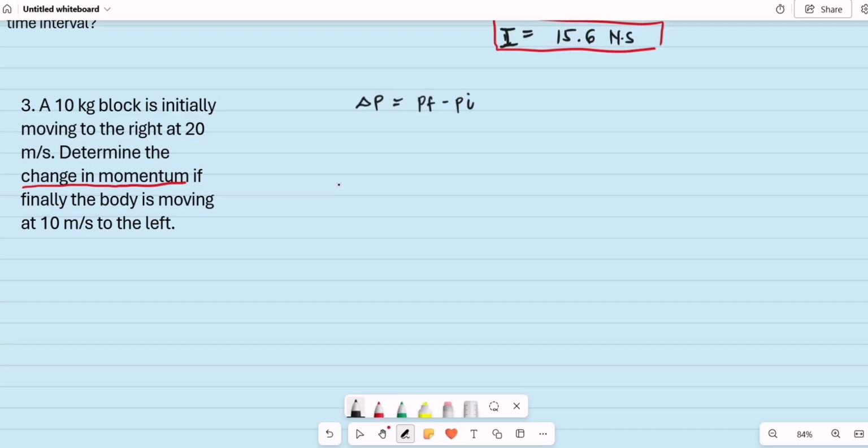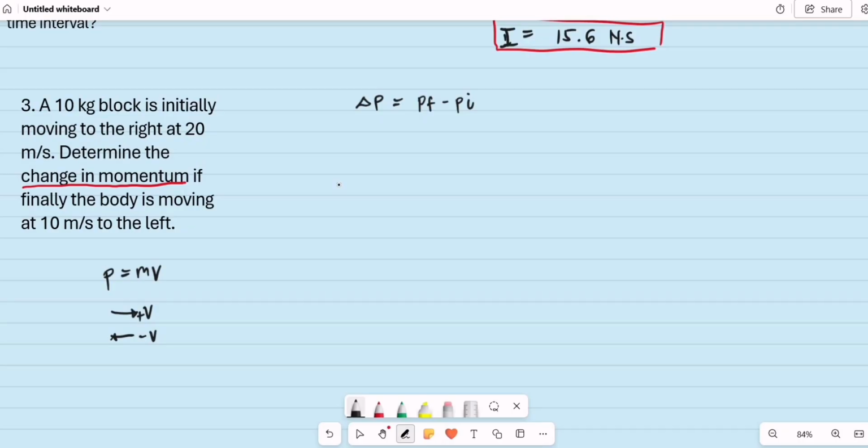By the way, if we are to compute for momentum, momentum is mass times velocity. But we should consider the sign convention for velocity. If the velocity or the motion of the body is to the right, for example, you are to assume that to be a positive velocity. And if the body is moving to the left, we can have it as a negative v. So that will be our sign convention for the velocities.